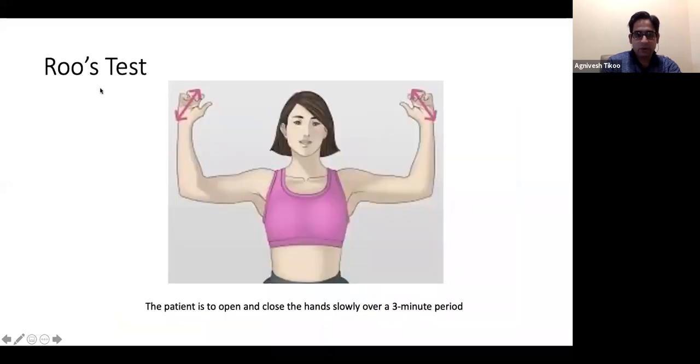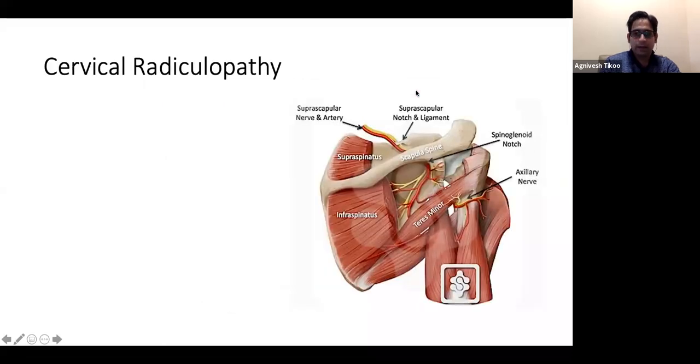The other test is called the Roos test. In that, you make the patient sit like this and ask him to slowly clench and open his fists in this position. Do it for a 3 minute period. Normally the patient will complain of pain, fatigue in the shoulder and some fatigue in the fingers and forearms. But if the patient complains of the same radicular pain going down the arm, paresthesias, or there are visible signs such as pallor in the nails, the hands having become less pink, then it can also be a sign of compression in the thoracic outlet.